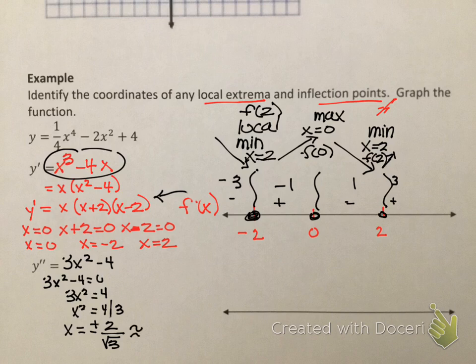That value is approximately negative and positive 1.15. So if I draw those values on my number line,